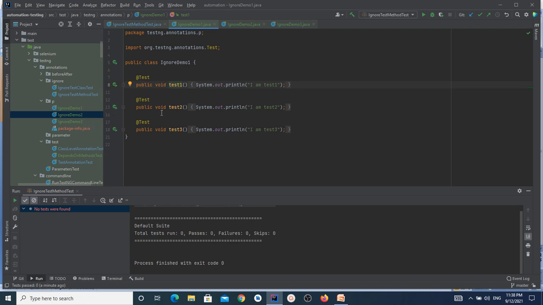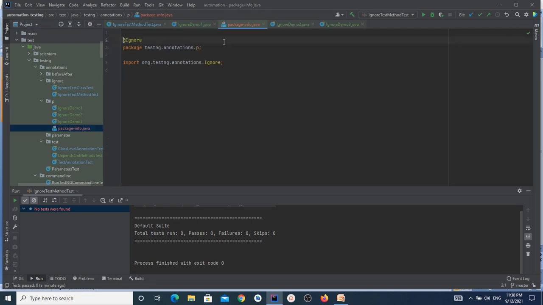Okay, the important point over here is that you have to create this particular file. So how do we create it? If I right-click and create this file in particular